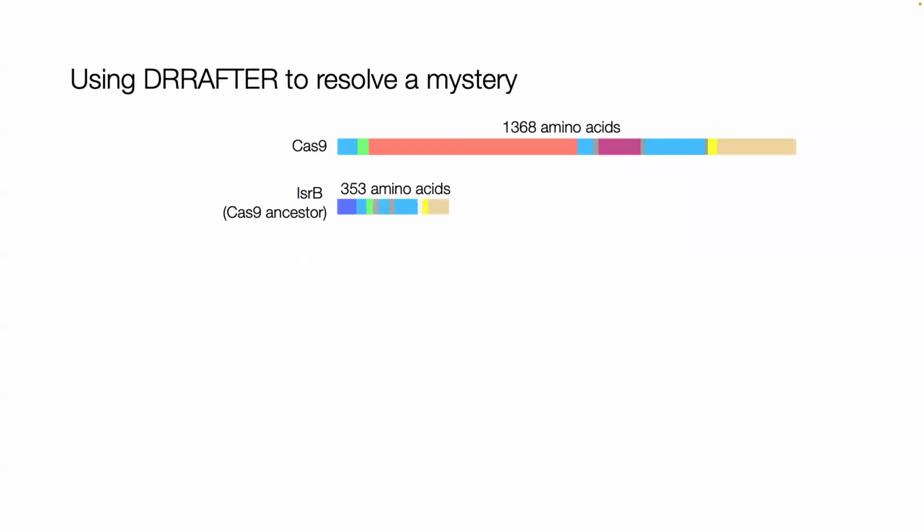So we were interested in this protein called ISRB, which is an ancestor of Cas9, the bacterial defense protein, which has been widely adopted for genome editing applications. And the really striking thing that you'll notice here is that ISRB is tiny compared to Cas9. And so we wondered, how is it that ISRB with such a substantially reduced